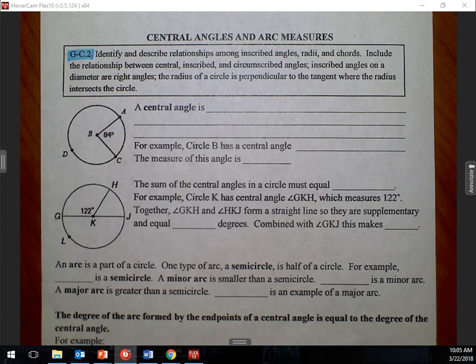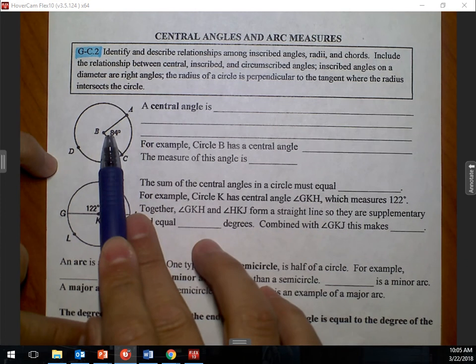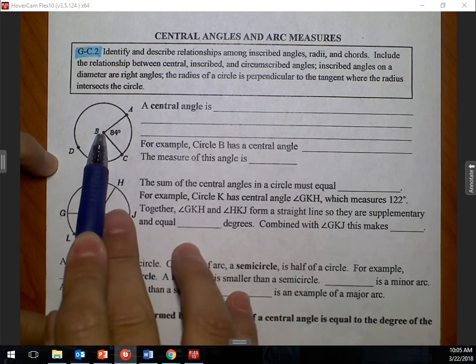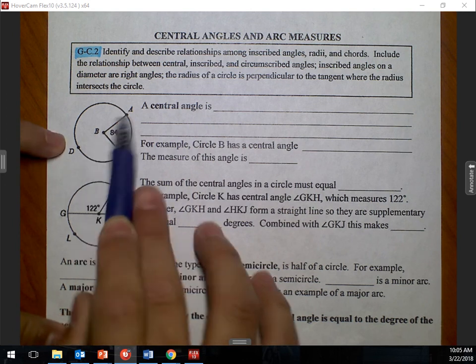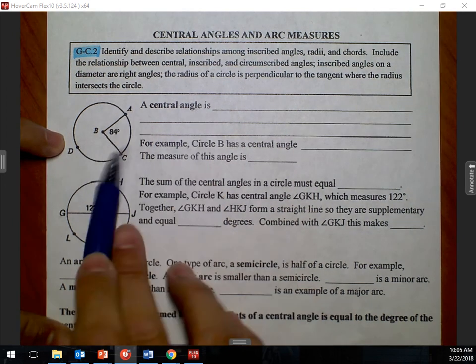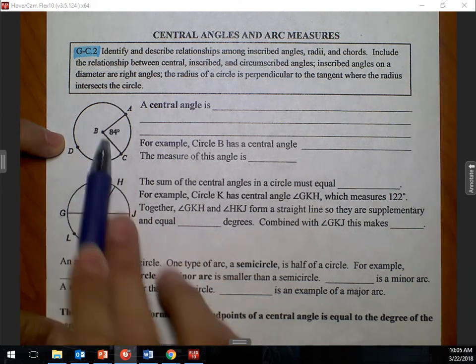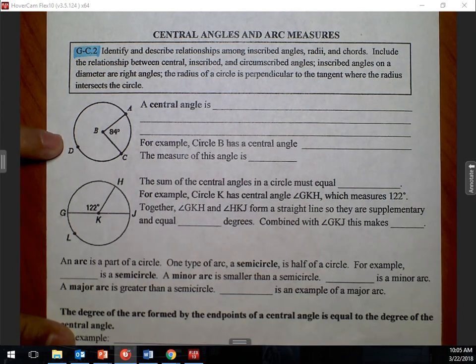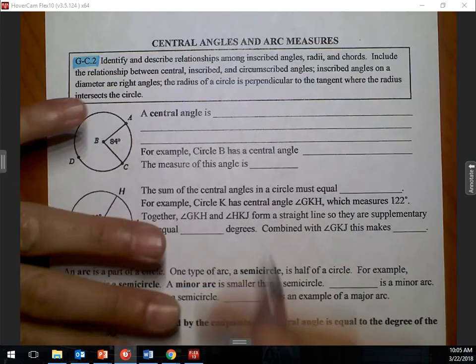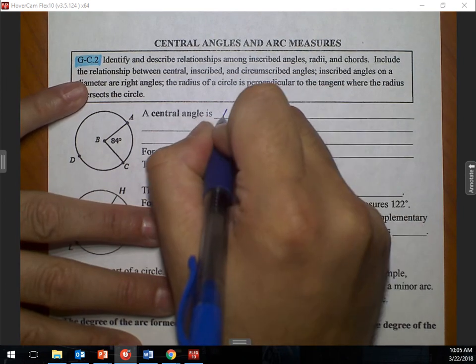Central angle is at the center of the circle, so it means it's touching the center of the circle right here. The center of the circle here is B, right? So a central angle would be the angle on the inside that is touching the center, right? Okay, so now from right here, it's an angle